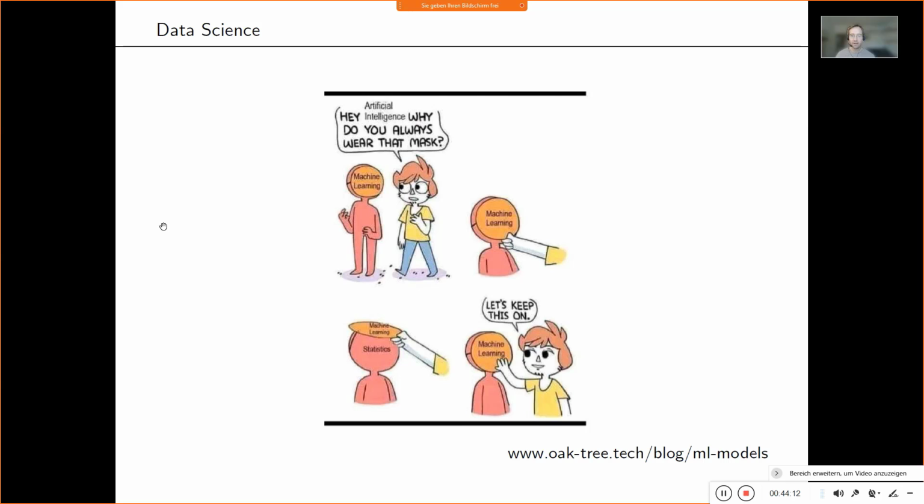Here's another cartoon which also relates to maybe students' feelings regarding machine learning and statistics. When I was younger, like in 2005 and so on, I also found machine learning very interesting, because if you start reading a book, it's definitely more interesting than reading your typical statistics book.